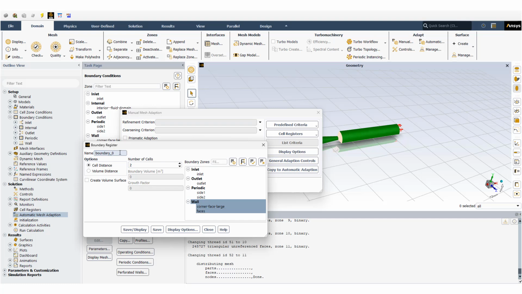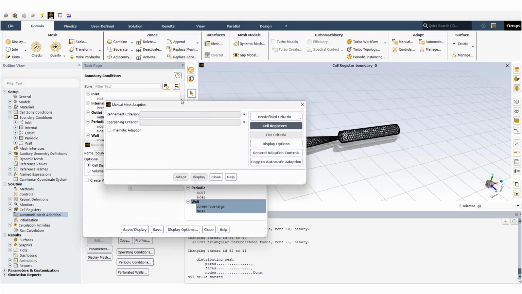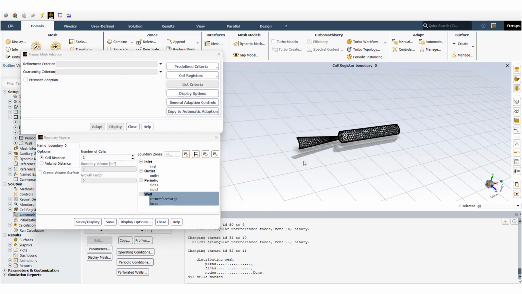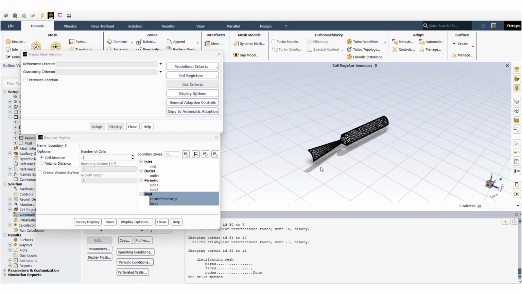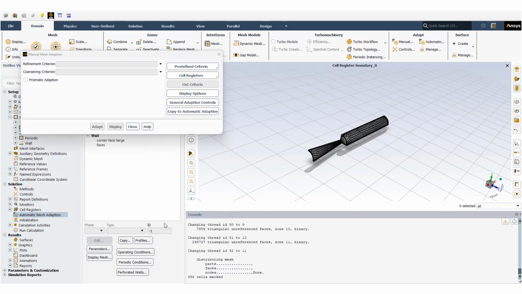Name is boundary. Save and display. You can see that where it is. It is the other boundary or wall zones of the domain. Close, and I can use this here